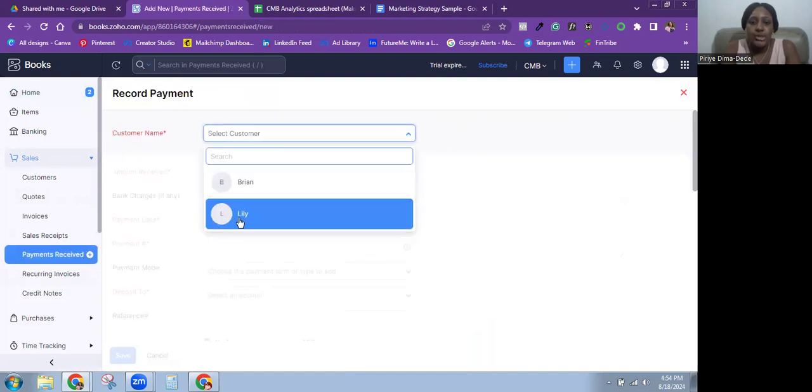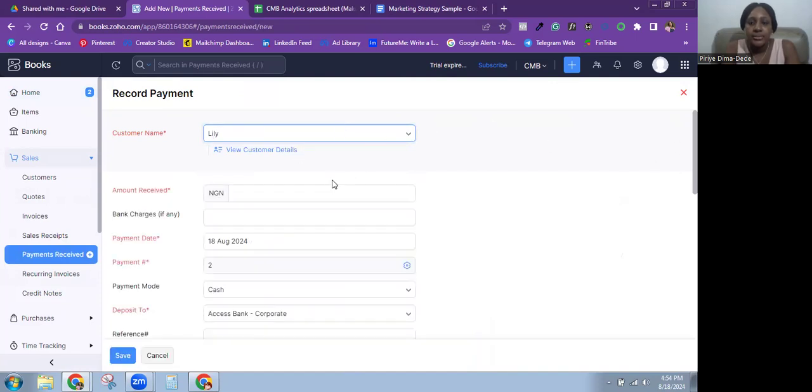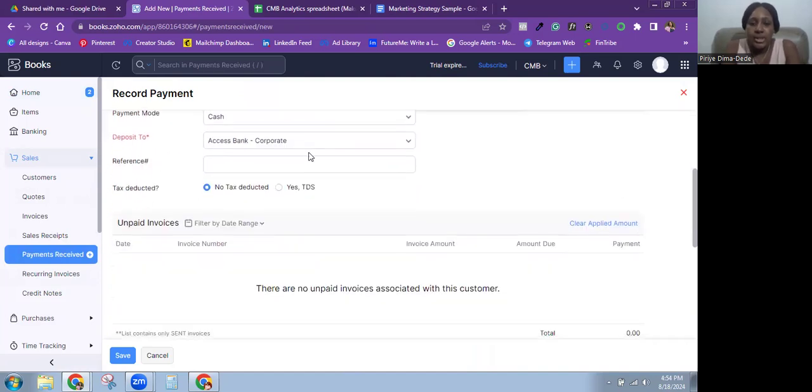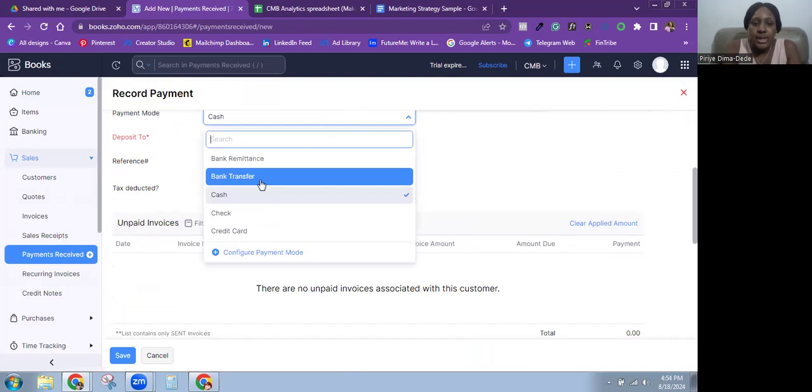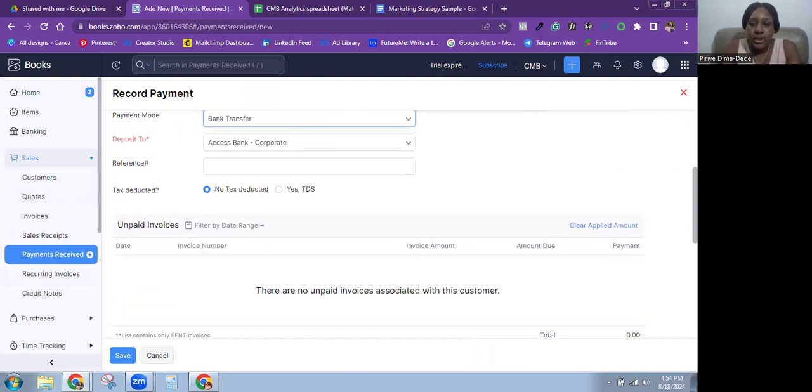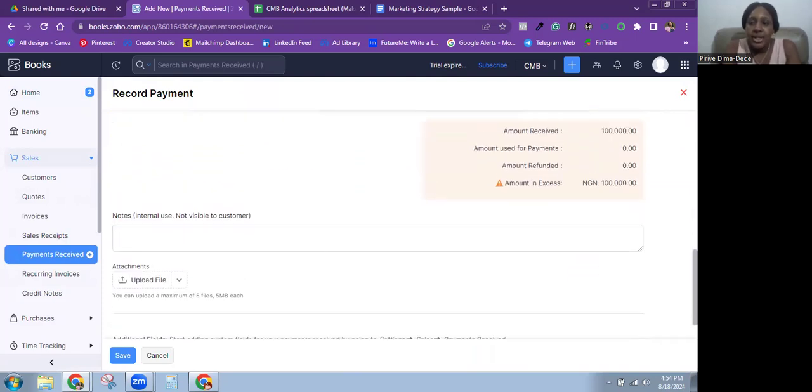Good. We are going to choose the same customer, Lily. And then the amount received, we are going to put 100,000. No bank charges. We received it as a bank transfer. Good. Now you can see down here, it's showing amount received 100,000, amount used for payment 0, because there is